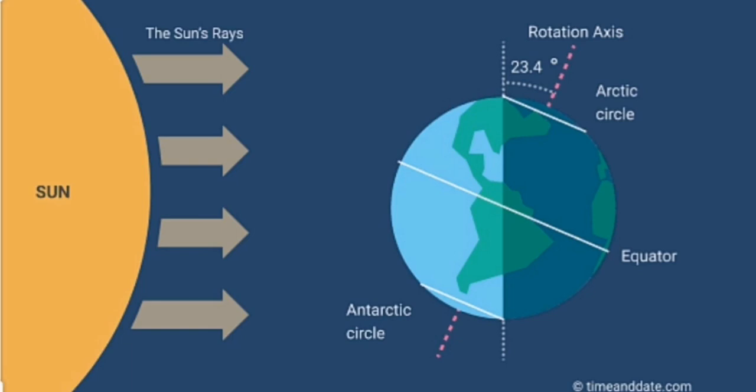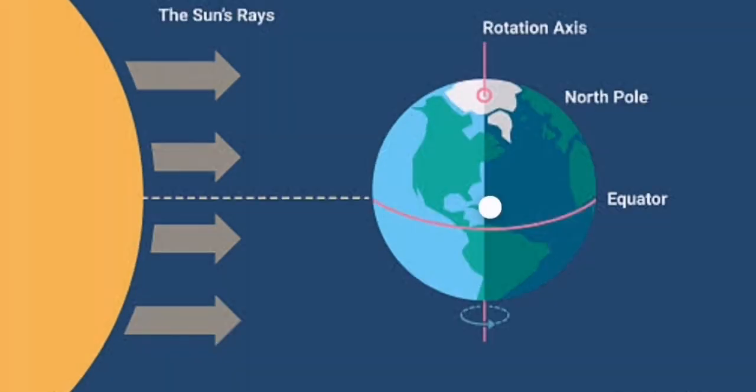Winter solstice. So once again I'm telling you, in summer solstice, the northern hemisphere will be tilted towards the sun. That is, the northern part will be facing the sun more. But in winter solstice, the southern part will be facing the sun, or the southern part will be tilted towards the sun. So, hope the topic solstice is clear for you.